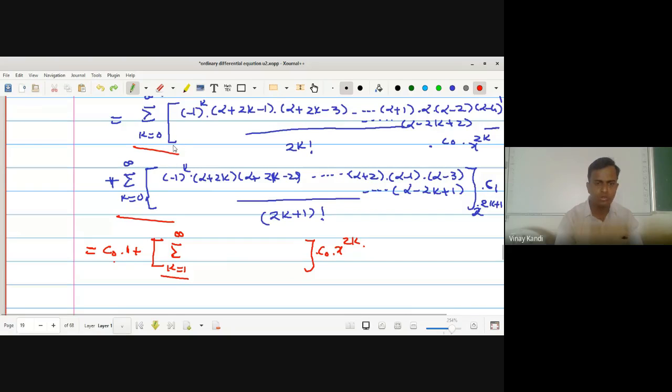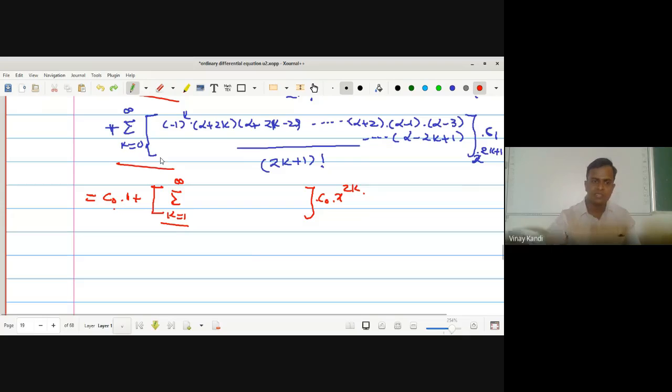Put k is equal to 0, so we get x raised to 0 is 1, c naught into 1. The whole term is as it is in the bracket, summation running from k is equal to 1 to infinity, and this is c naught into x raised to 2k. Now similarly in the second summation we get c1 into